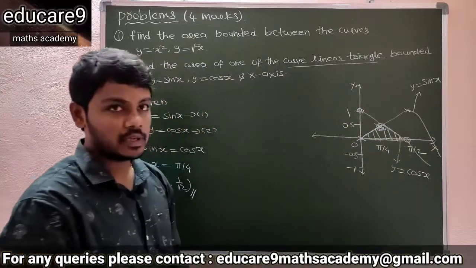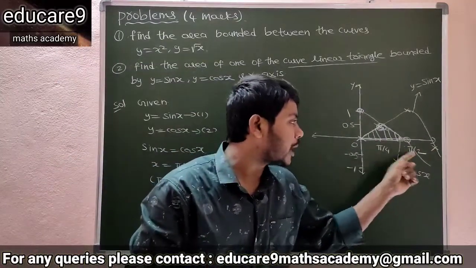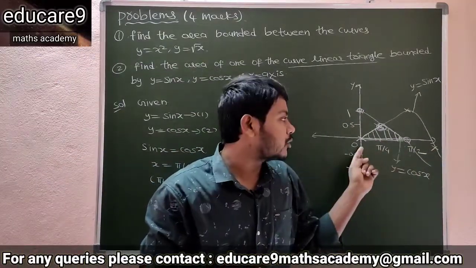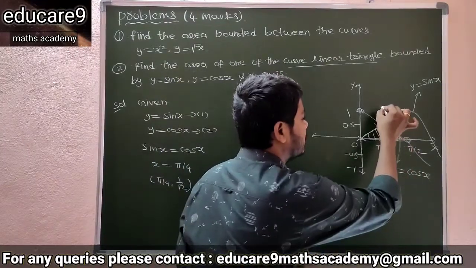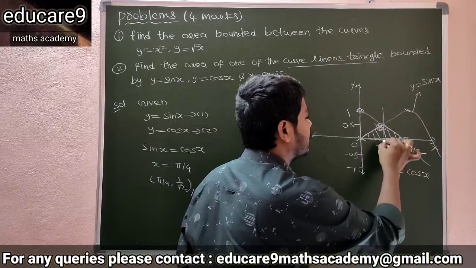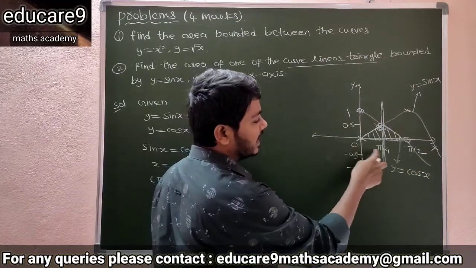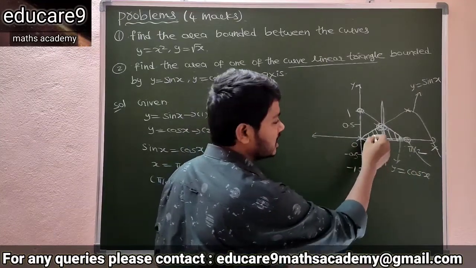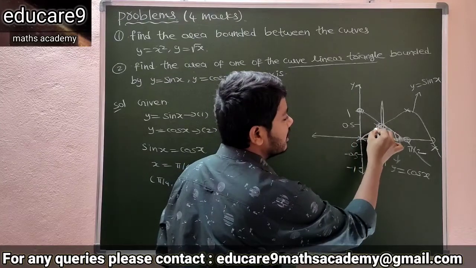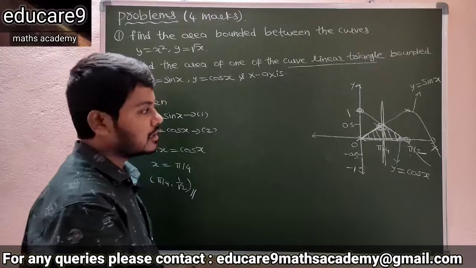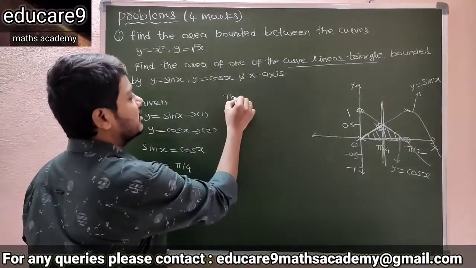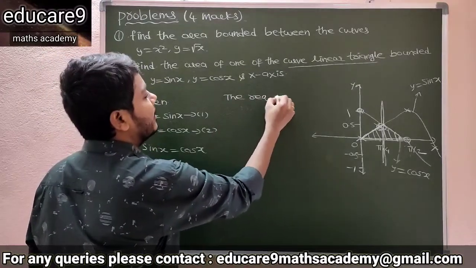Okay. So here the interval is what? 0 to pi by 2. So here you have to divide this interval into subintervals. So see here, 0 to pi by 4. Clearly see here, between the interval 0 to pi by 4, this area, that is what? Sin x graph and x axis. So therefore the required area